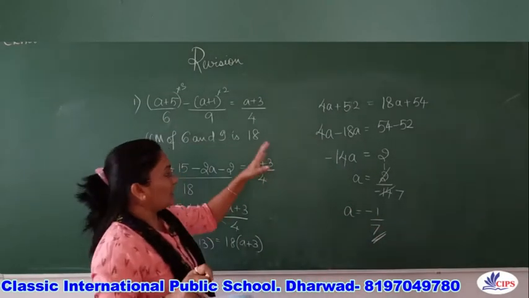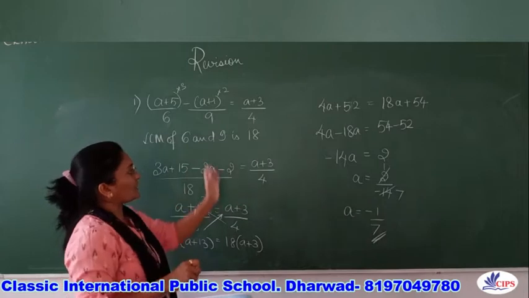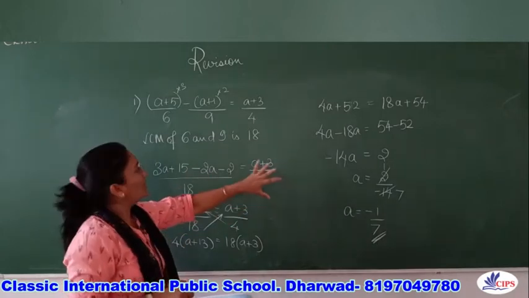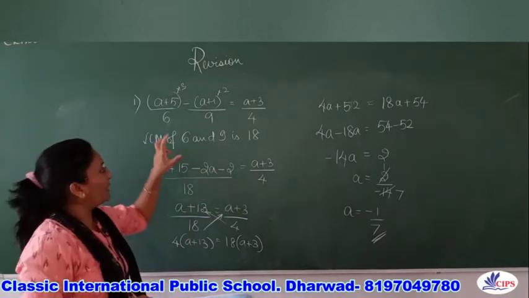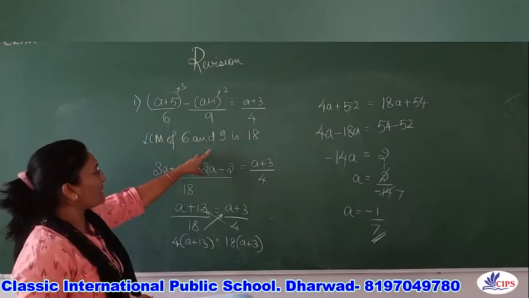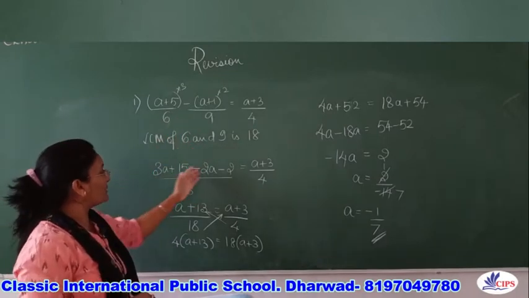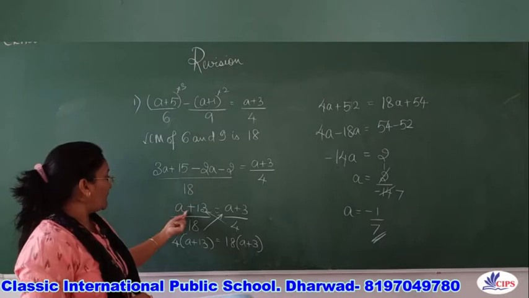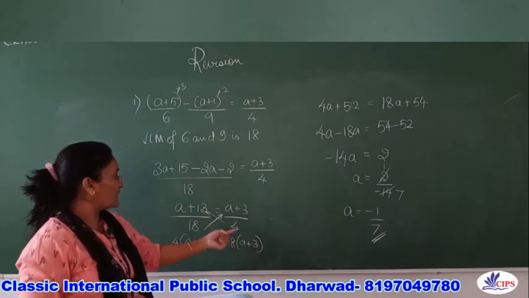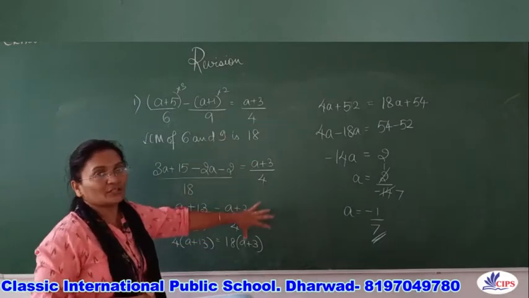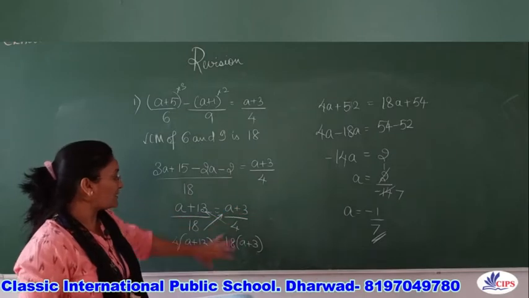I have taken this sum so that all the types of sums will be involved in this. So, understood what we have to do? We have to solve it like fractions by taking the LCM. Then after taking the LCM, solve the terms if they are like terms. Then we get (a + 13)/18 equals (a + 3)/4. Here on the RHS I have not touched that number, I have kept it as it is.